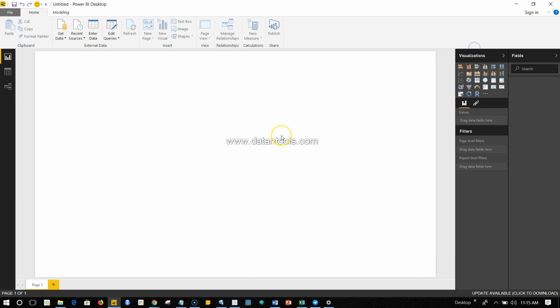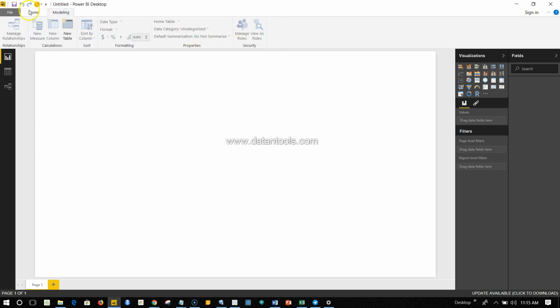So once you have it, this is basically your basic interface, which you will see is very similar to Excel or Microsoft Word which you have used, having the ribbon at the top and basically having options like Home and Modeling right now over here. But in Excel you have seen a lot of different tabs which are available, and you can do a lot of things based on the options that are available.